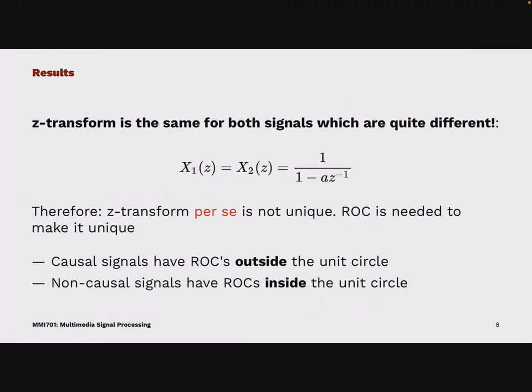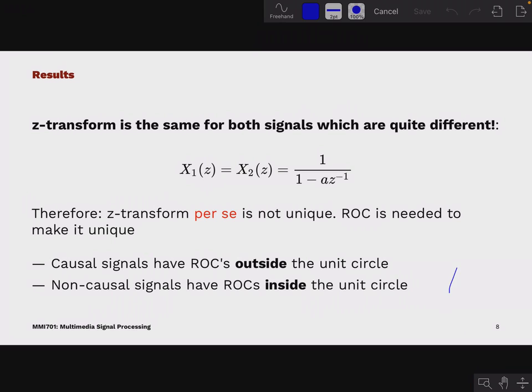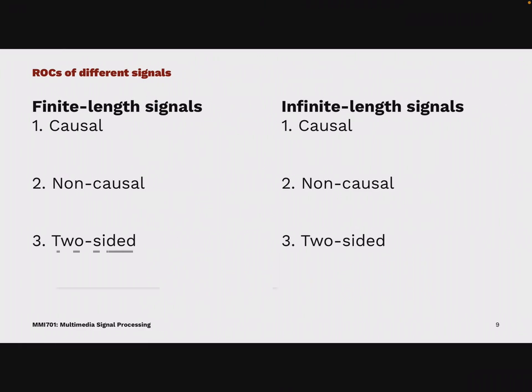And one additional result is causal signals have regions of convergence outside the unit circle, and non-causal signals have regions of convergence inside the unit circle. So this is also another finding from this little example. And these are very important results. So I'm just going to put a little star, if you like, for you to remember. Okay,